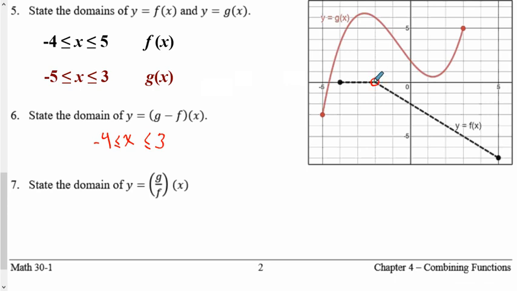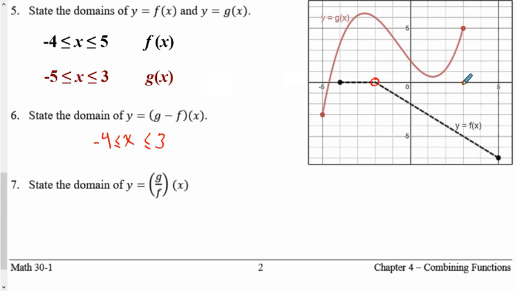Now, I'm left kind of guessing what's happening there. Not exactly sure, so I'm going to say, well, to be on the safe side, I'll say that my f of x function is equal to 0. So I can't do g of x divided by f of x. I'm putting an open circle here. But now I have some values here that I can divide. But then once I pass this point again,